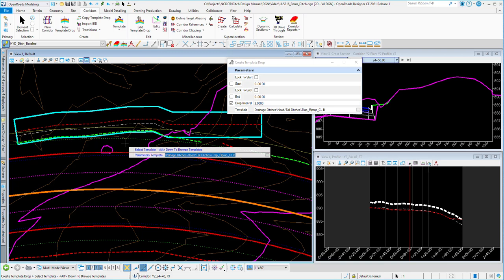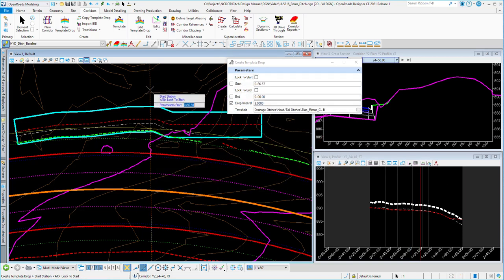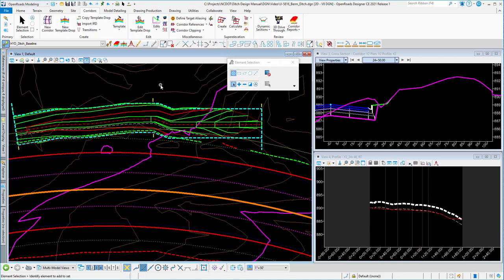I'm going to press Alt down arrow to go to my Pick Template dialog. I'm going to use a head ditch or a tail ditch for this template. So I'll use the Class B riprap and select that, confirm that selection. Then I'm going to use the Alt key to snap to the start and end stations of my alignment, and then accept the contour, the template drop interval of 2 feet. Now I have my initial corridor model,